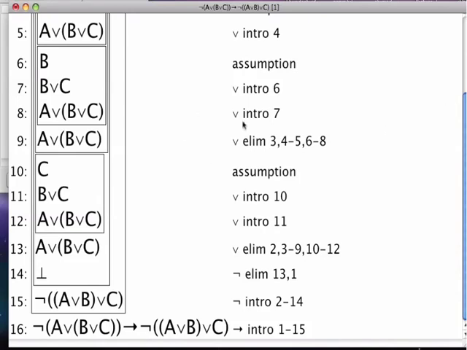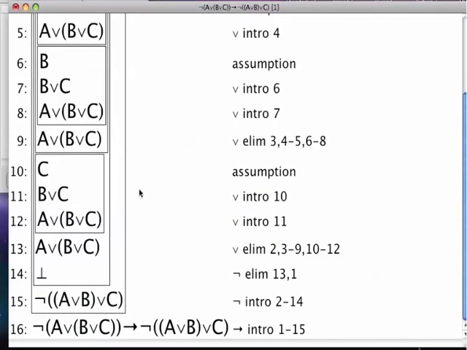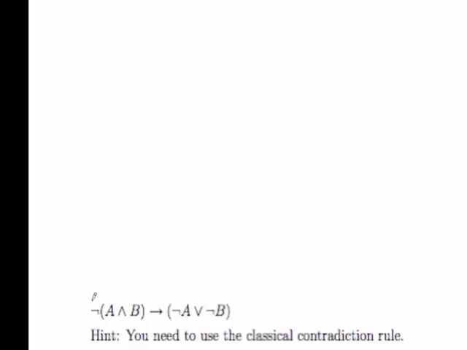But I urge you to try to do it yourself by hand. It's a bit difficult to follow here how it goes by in Jape, but you can see there are 16 lines. It would be a bit difficult for me to do it properly by hand, since the software doesn't really allow me to write properly. So the question from the 2012 exam is definitely a challenge question.